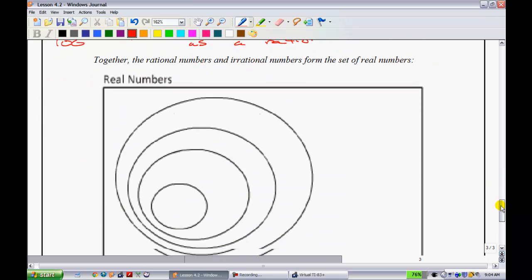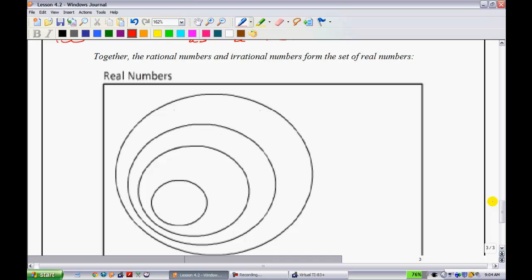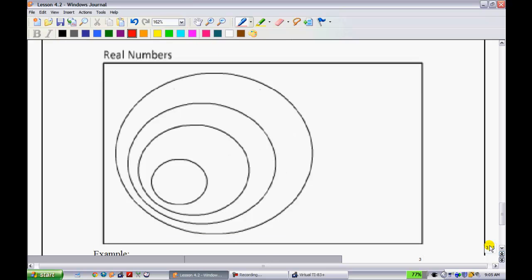Alrighty, last thing I got for you. What I want to do is talk to you guys about how you can classify numbers. So together it says the rational numbers and irrational numbers form the set of real numbers. All right, so in this diagram we're going to be looking at numbers and seeing how different numbers belong to different sets. So we're going to work our way from the inside out. The first set kind of in here we have is natural